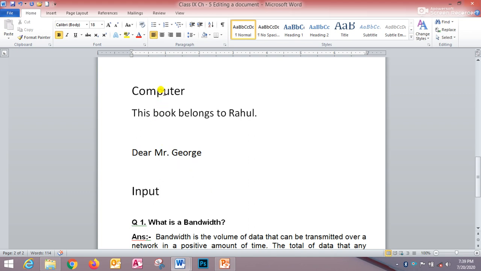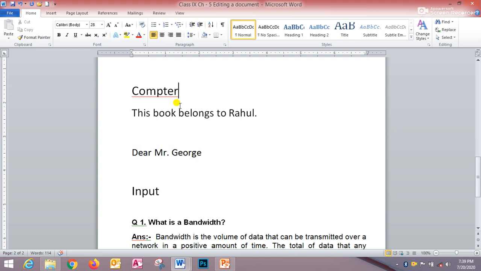Suppose I am deleting the letter U from the word computer. Now this word becomes compter, right? So this is an incorrectly spelled or misspelled word.